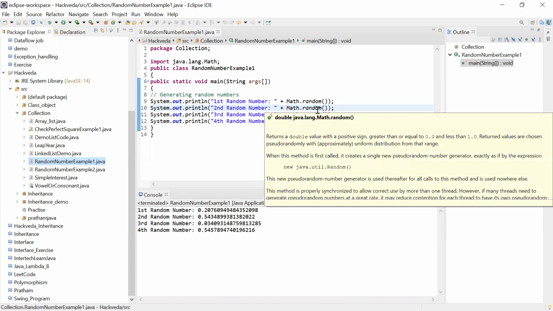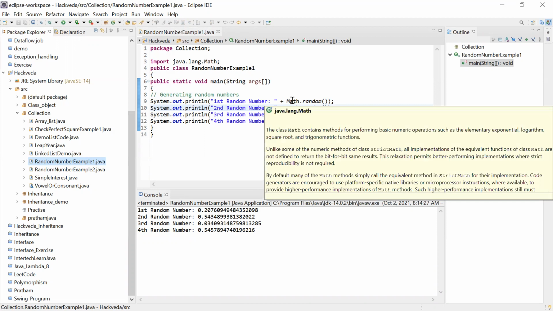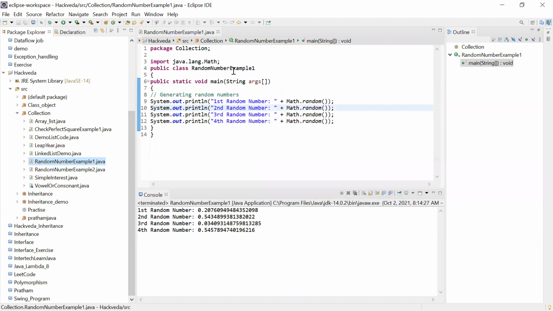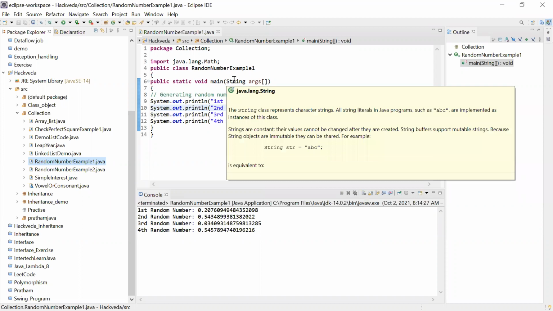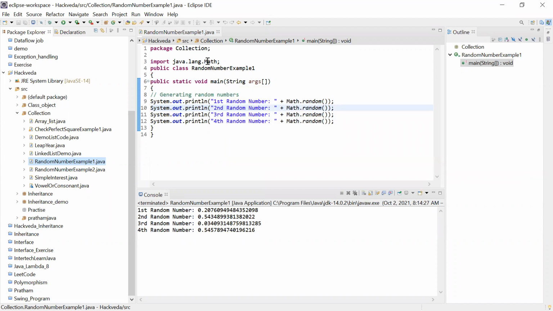Always remember, whenever you want to perform any mathematical operation, inside this math library you can get several functions. So you can explore from your side whenever any task comes, or in an interview, if they give you some mathematical operation, just explore what different mathematical operations you can perform inside this math library. I gave you one example with random, because sometimes they ask how you can generate a random number in Java, so you should be aware of it.